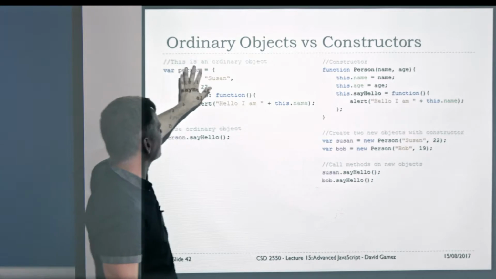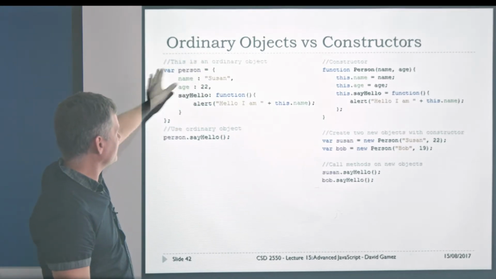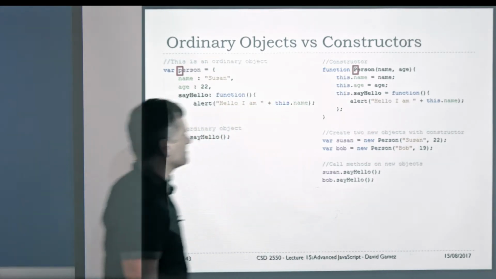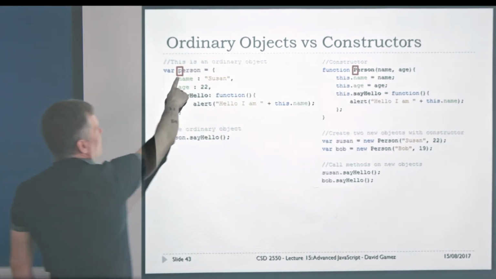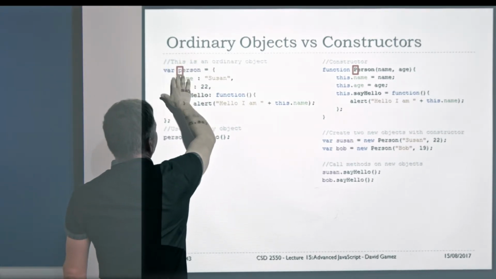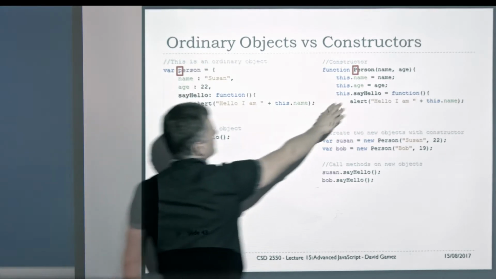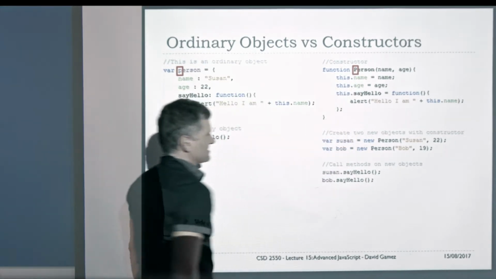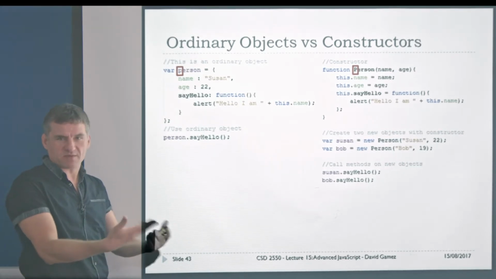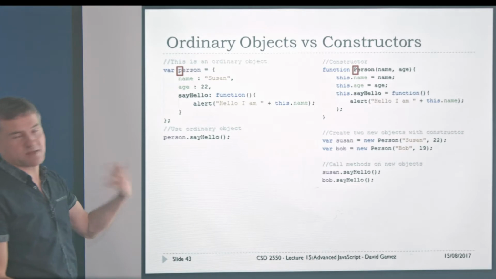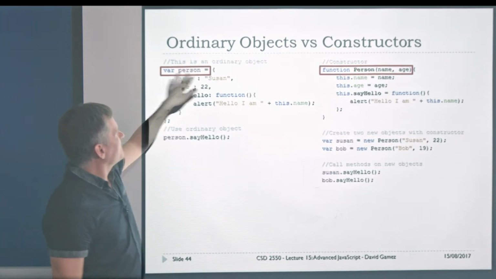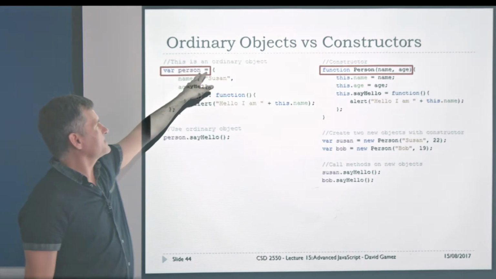Here we're creating an object with the curly braces, the method I taught in the previous lecture, and here we're using the function. I'm going to go through the differences. First, when we're creating variables, we typically give variable names that start with a small letter, whereas constructors typically start with a capital letter. It's a convention, but if you stick to it, that's going to make your code easier to understand when you go back to look at it later, and it's going to help other people to understand it as well. Now, in this case, we're saying var person, defining a variable and assigning,